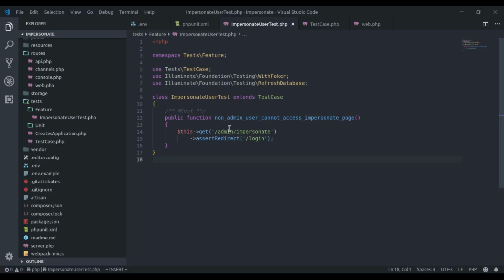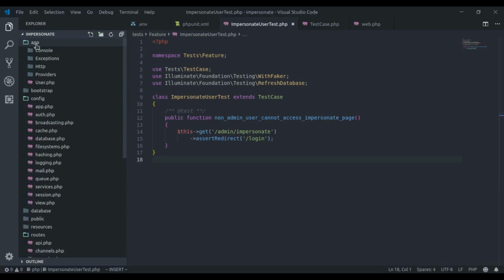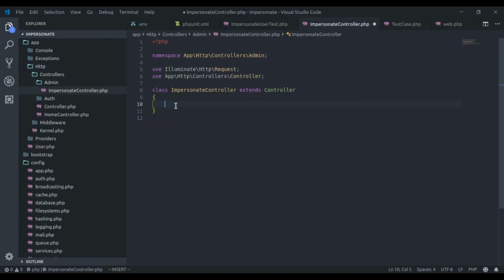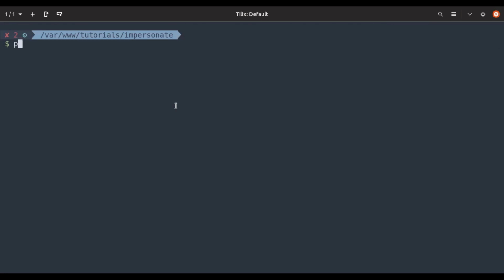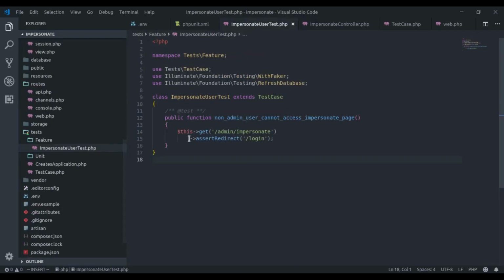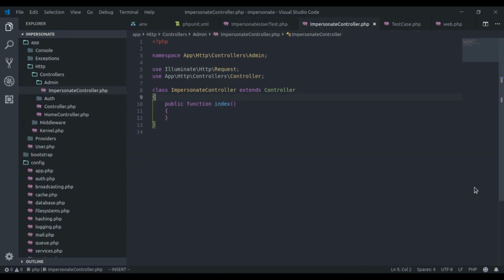Let's create this method in app/Http/Controllers/Admin/ImpersonateController, public function index. Run the test again. Now we get a 200 status code. It is hitting the index method, but here we wanted to assert a redirect to the login page. So let's do this. Here we will create the construct method.